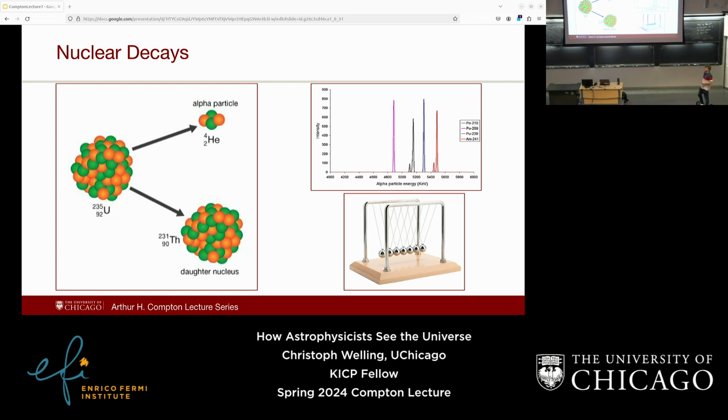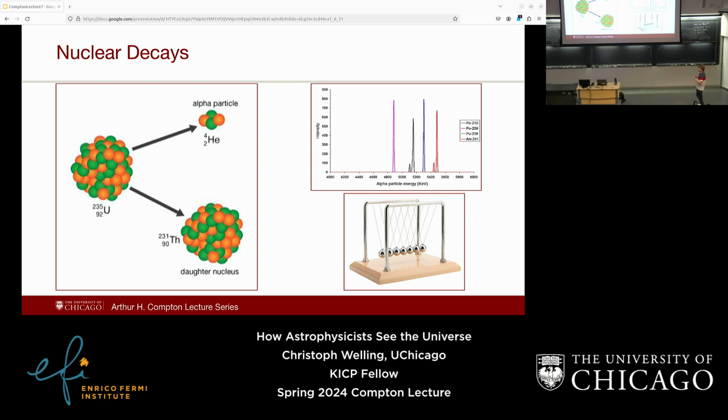and then, in this case, turn into thorium. When you measure what energy these alpha particles have, this is for different, mostly plutonium and americium isotopes, you get pretty much the same energy all the time. Within uncertainties, this is not a perfect line. That's just because whenever you measure something, there's always some little error you're going to make. Some of these you're going to see there's a second peak,